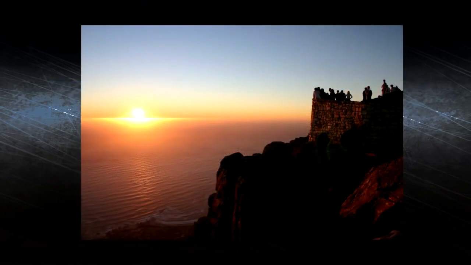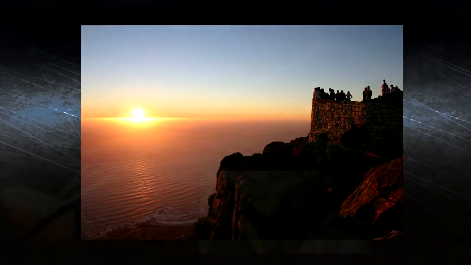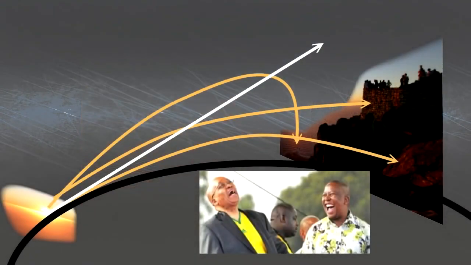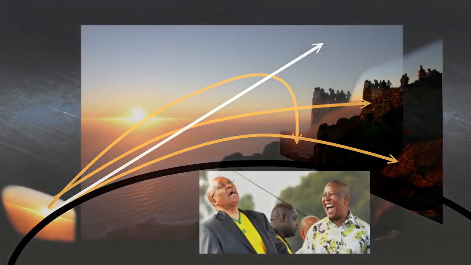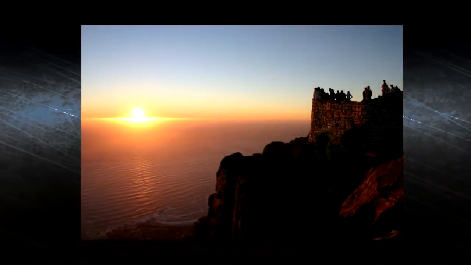Now in this image, how is it taken from the top of Table Mountain as the sun is setting? You can actually see the setting sun rays right up on the shoreline of Table Mountain. How can the light bend around the curve of the earth so that it can illuminate the waves on the shoreline when the sun is busy setting on the horizon, if the earth's a ball? This image is impossible on a ball earth.